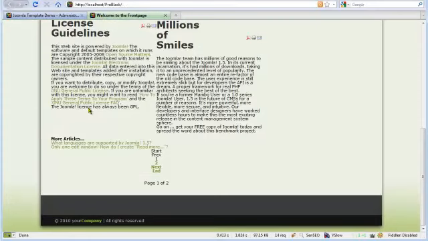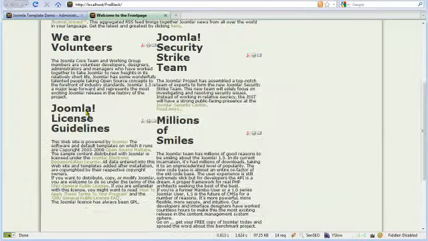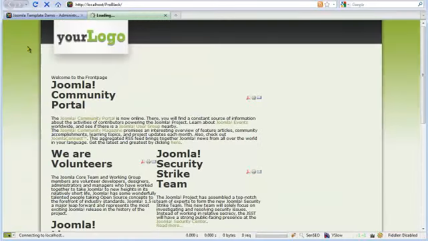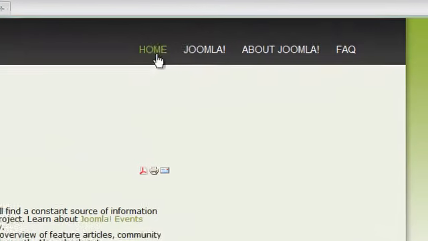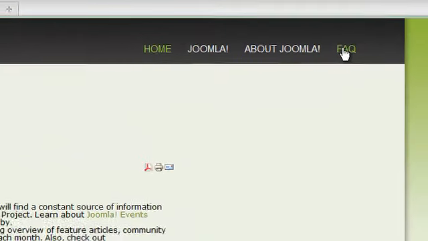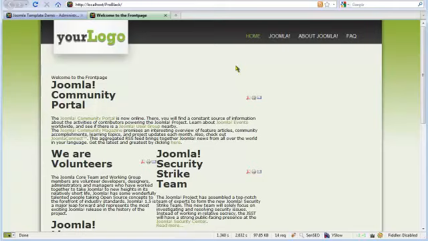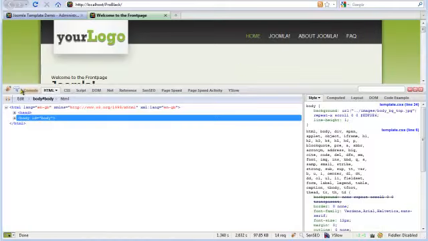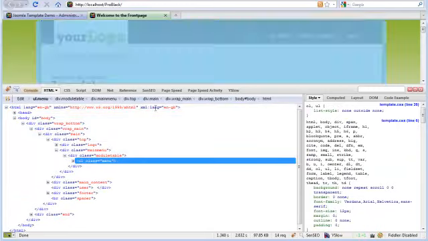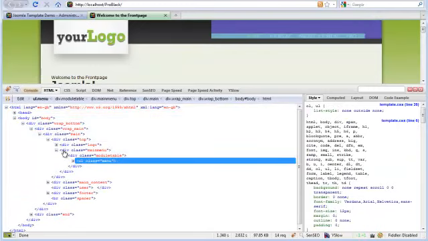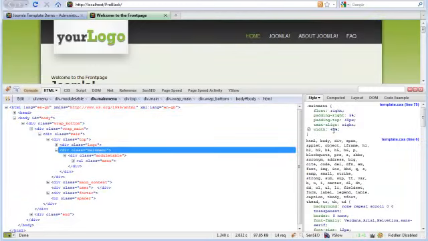And we refresh the front end. And that shows the menu on the top right. If you've got Firebug installed and you're using